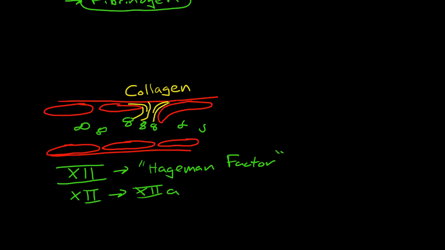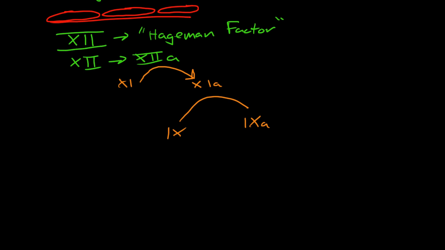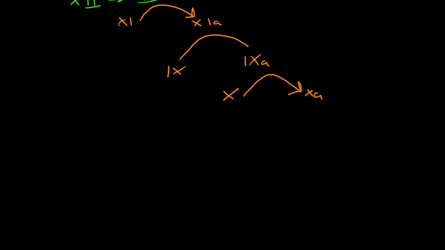So now it has an active binding site, and factor 12A binds with factor 11 and causes 11 to change to its active form, 11A, and then this cycle continues where 11A activates 9 to turn into its active form of 9A, and then 9A causes 10 to turn into its active form 10A, and then 10A causes prothrombin to turn into thrombin,